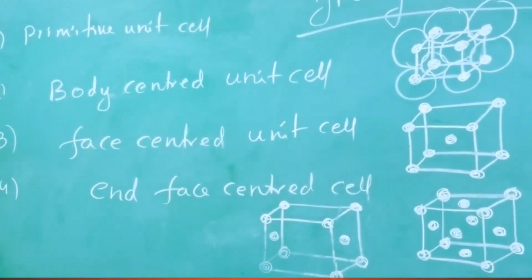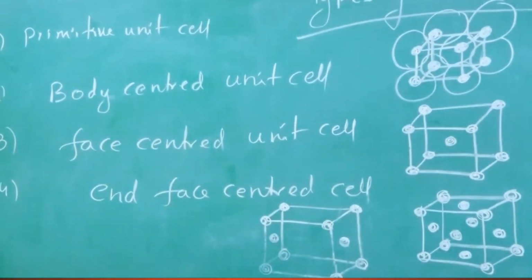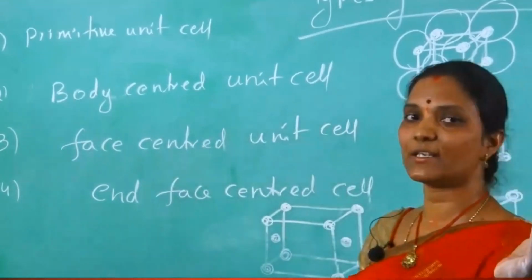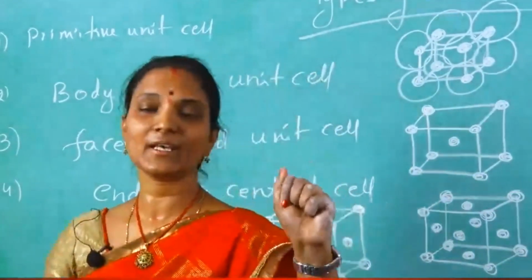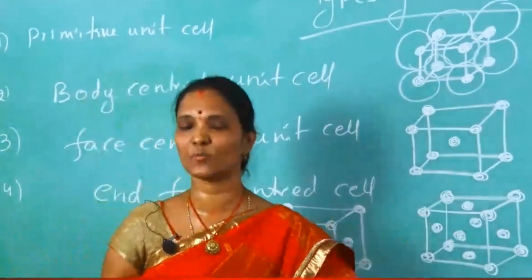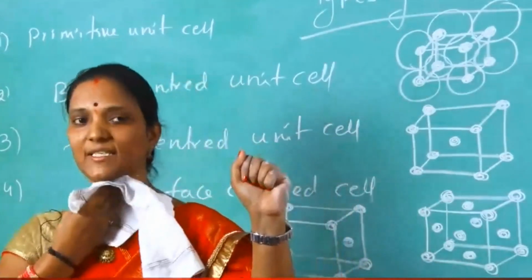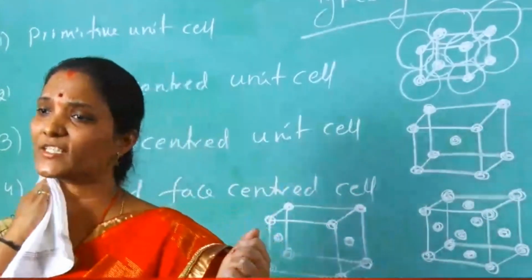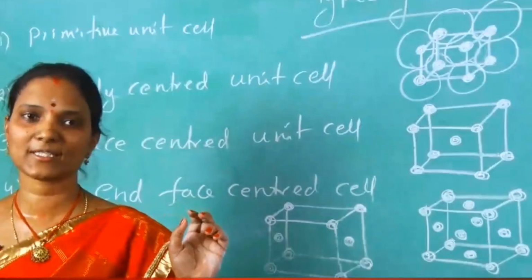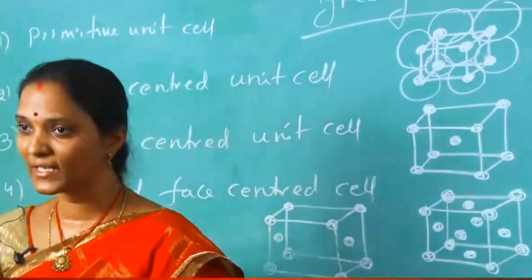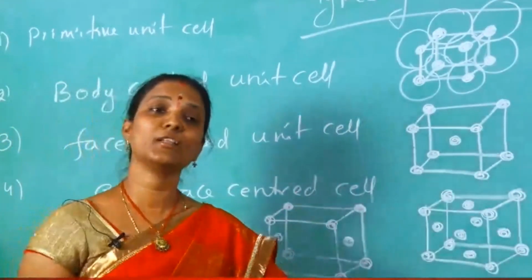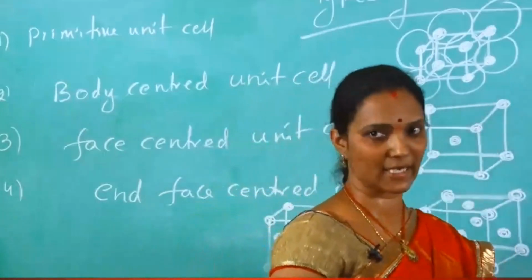Now, if the particle is, now this is the laddu and this particle is inside the cube. Inside that cube is not possible to share. Now I am giving like this. Inside the cube, how many unit cells can share this one? 1 unit cell only. Okay. So many unit cells are there. All these unit cells are closely packed with each other.